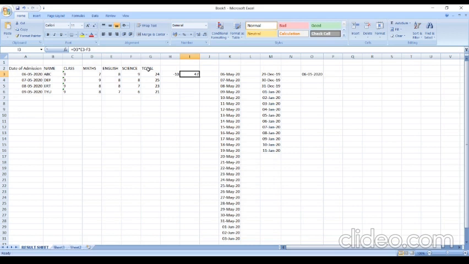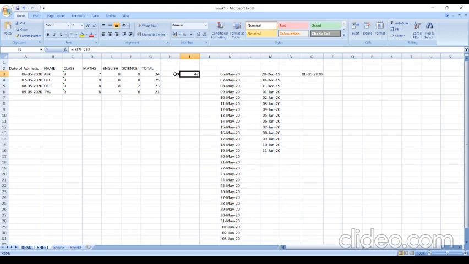So there are some simple functions also. I think the difference between basic and compound formula is clear. In basic you are using a single operator, in compound you are using more than one operator, then it is a compound or complex formula. Now we are going to discuss the functions.